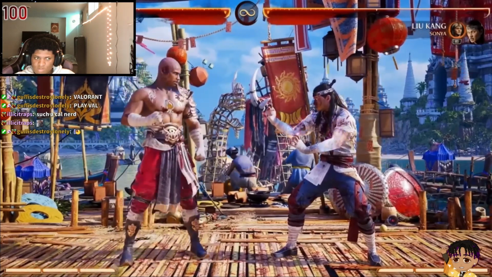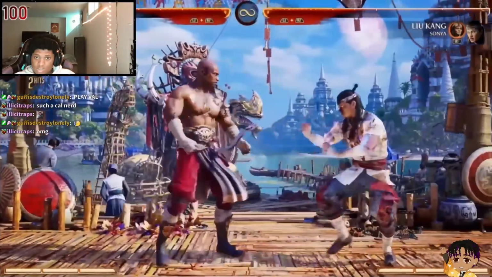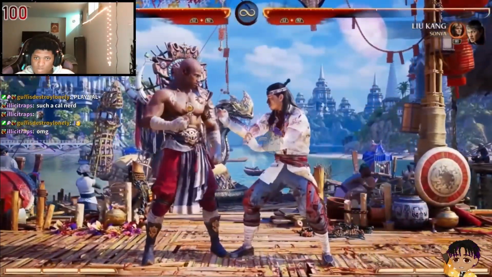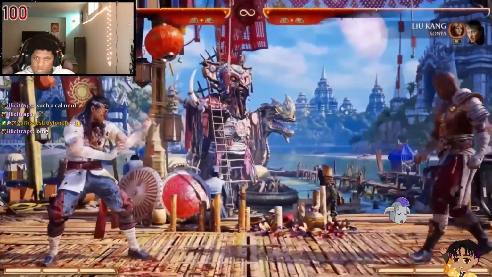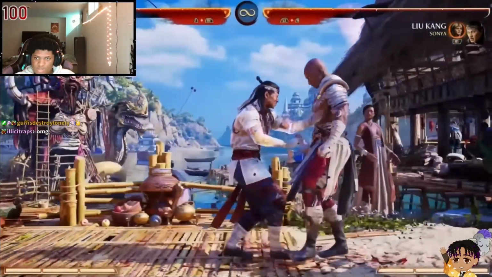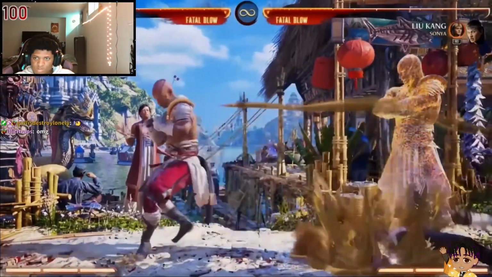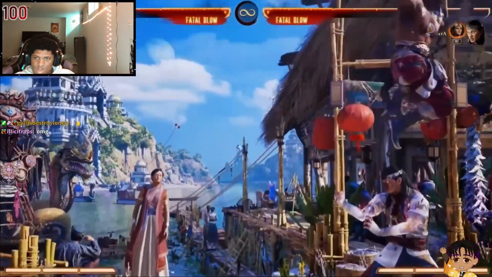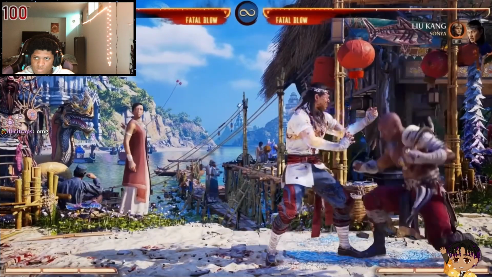He does have a command grab, which you can throw away, or you can throw back. Like that. Now here's the fun part. Let's say you're in the corner. I would love Liu Kang to be in the corner, so I can do that, right? Yep, there he goes. Or if I want to do more damage, anytime you throw someone away from the corner,